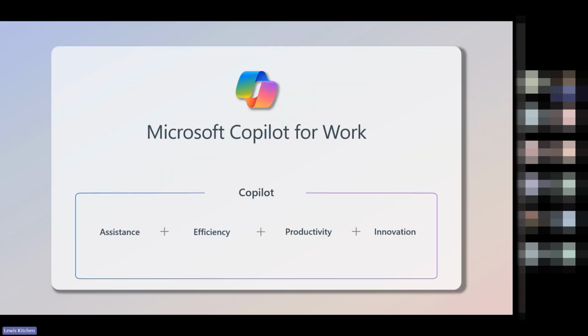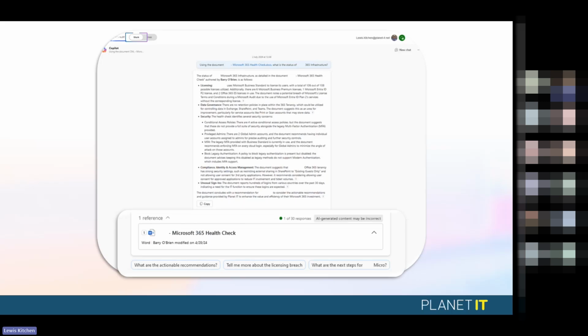So moving on, Copilot for Work. So this is in the same page. As you saw, it is now on the top left. So we have moved that little button showing work, and I've now asked it a question relating to my 365 infrastructure. So you can see here at the top, it's a bit small, I apologize. It says, using the document Microsoft 365 Health Check, what is the status of 365 infrastructure? There are blanks, it's a customer name, so it's been blanked out, but you can see here it's broken down